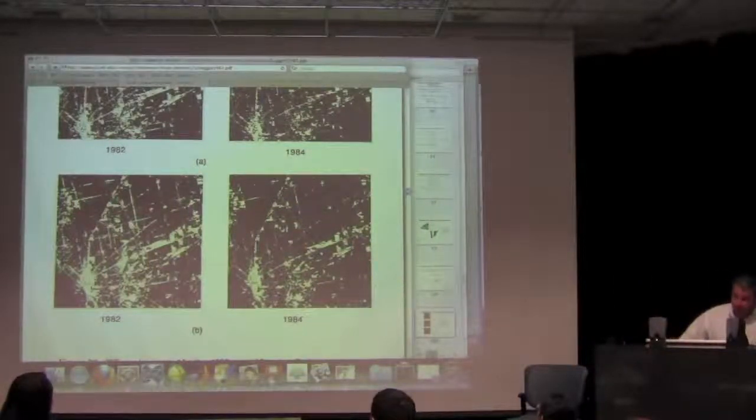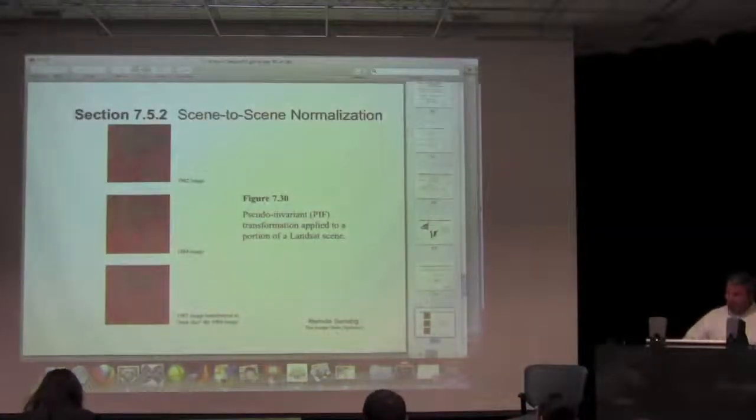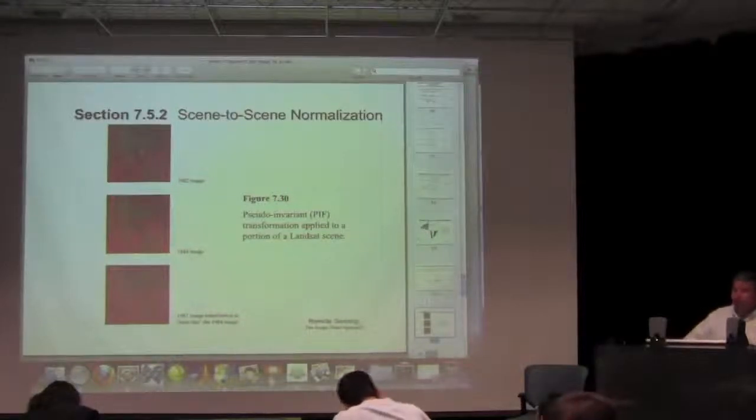All right, so you'll hear that referred to a lot as pseudo-invariant feature normalization. That's one name that you'll often see this by, and it'll take a scene. This is a 1982 scene of Rochester. This is a 1984 scene of Rochester. And you can see that the contrast is significantly different. These were both